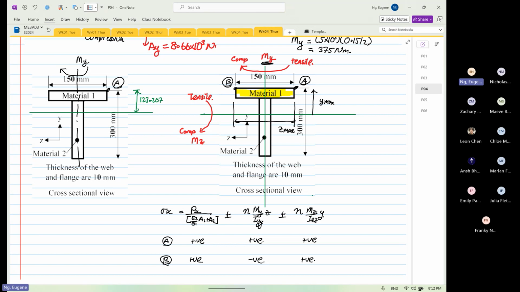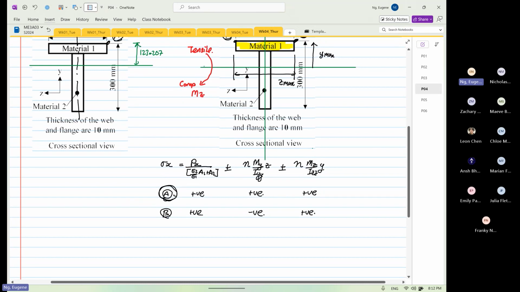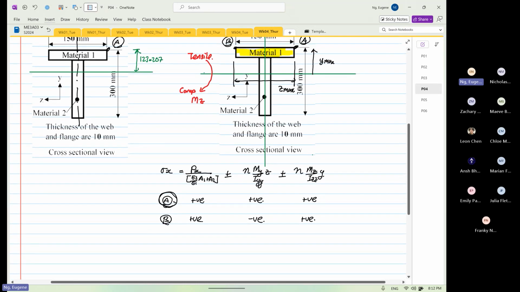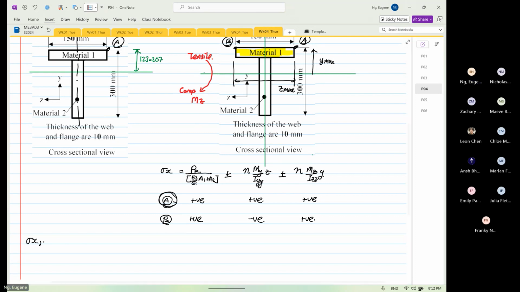So the position where maximum stress will occur will be at point A. Can you see this? Right. We just focus on the brass. So that's why, for the next step, from here we know we are going to focus on stress X at point A,